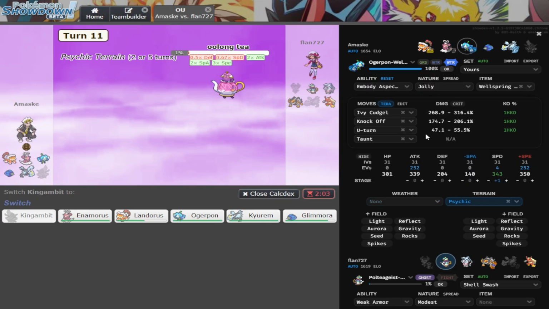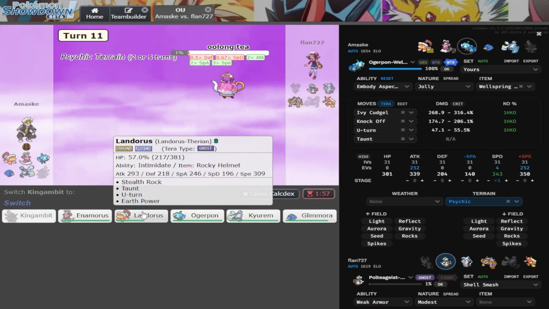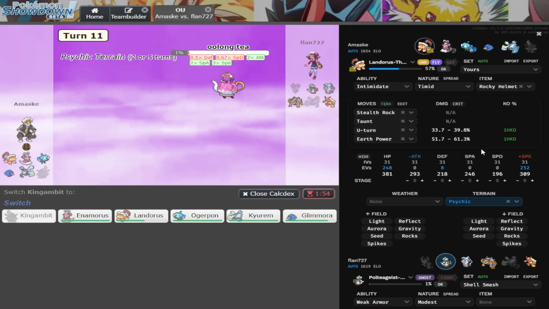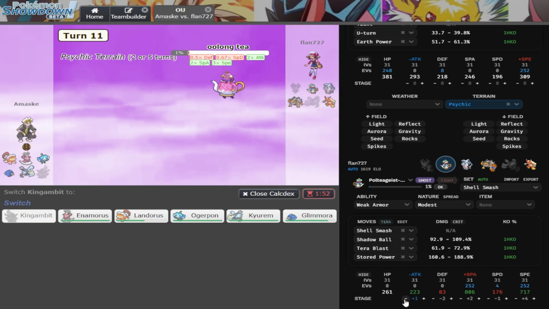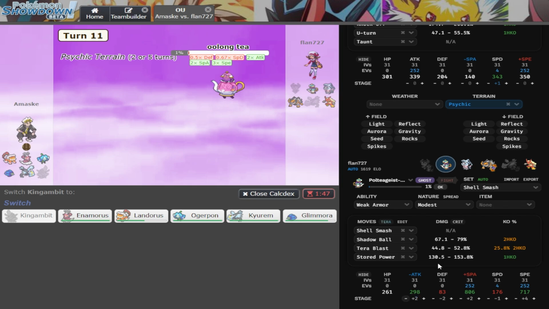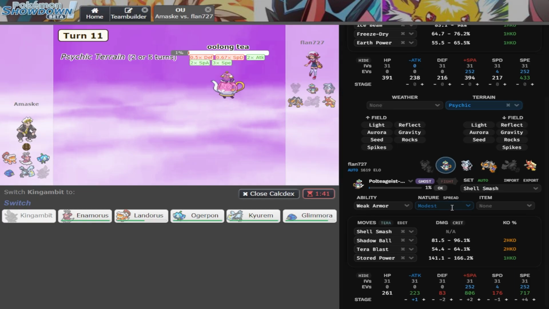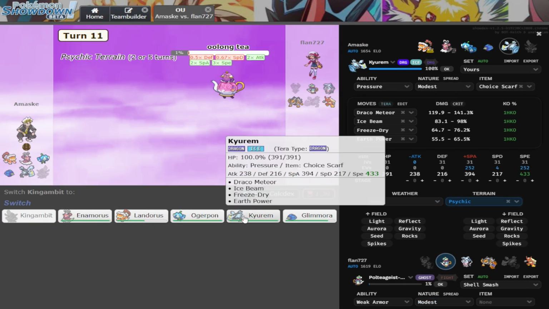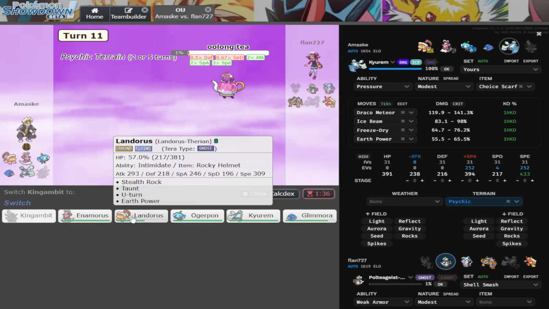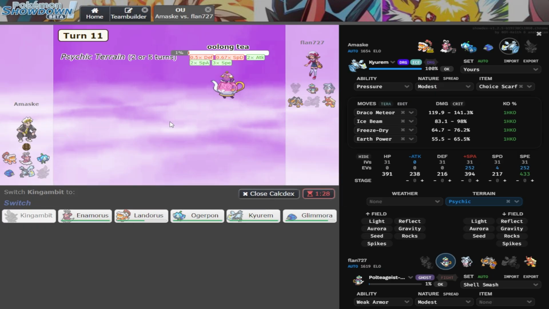So how do we deal with this? How do we go through this? I guess I can Intimidate it a couple of times. Maybe lower the damage? If that's possible. Nope. It would still do too much. Kyurem would die to Stored Power. I don't think I have Terra Dark on anything. Nope. Don't think so. Yeah, no Dark types. Even if I saved Kingambit, everything else would die to Stored Power, and